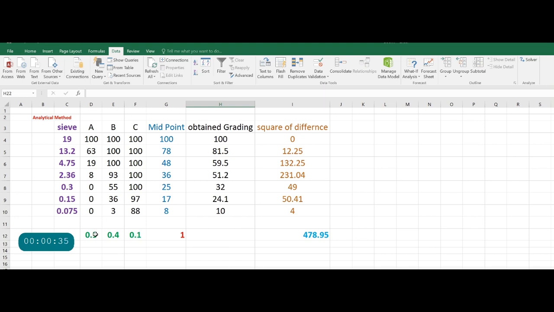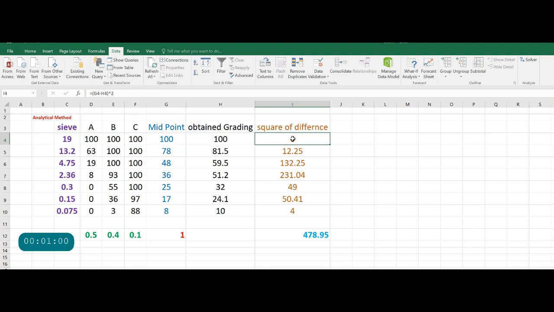Now using these proportions, the obtained grading is 0.5 multiplied by this value, 0.4 multiplied by this value, and 0.1 multiplied by this value, that is 100. Similarly, you get the obtained grading on each sieve size. Now calculate the difference between the midpoint grading and this obtained grading.